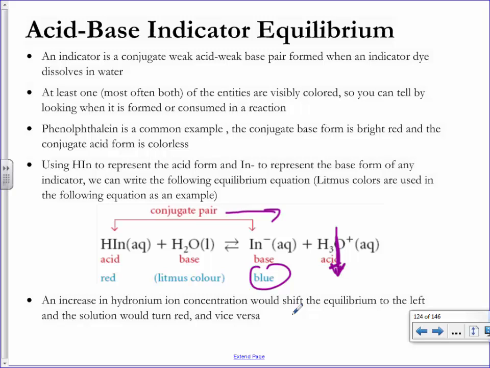Does that make sense? That's the reason why they change color, because either it ups the acid concentration and shifts this way to one color, or it tanks the acid concentration and shifts back the other way towards the other color. So, long story short, I need you guys to be able to recognize that acid-base indicators are actually equilibrium systems. When I give you those dropper bottles, there's actually an equilibrium system inside that dropper bottle. Hence the whole reason why we better close it up, because you don't want it to evaporate. Right? And then as you add it to an acid or a base, it shifts one way or the other